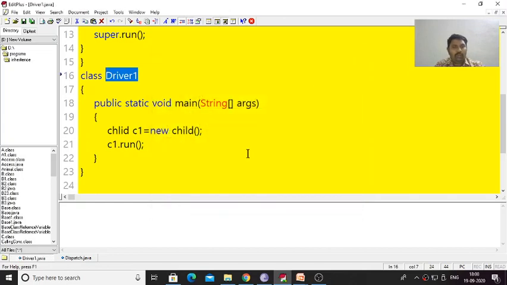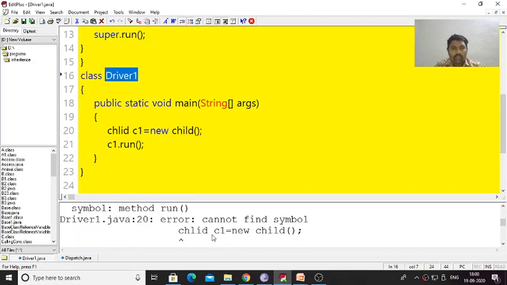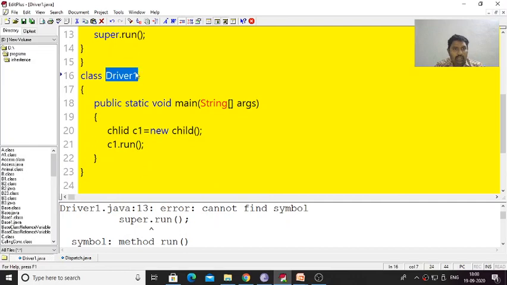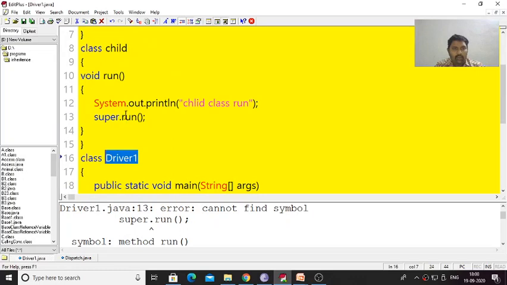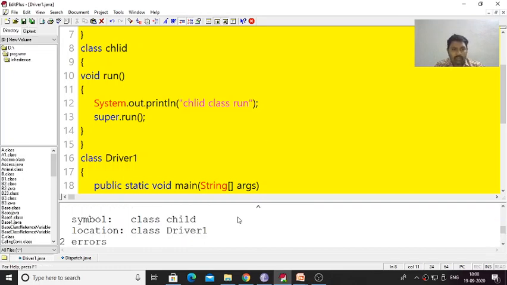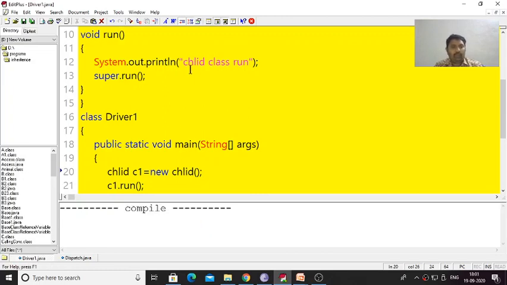Now let us compile this program. It is showing two errors. The class name was written wrongly as chi instead of Child, a small mistake.